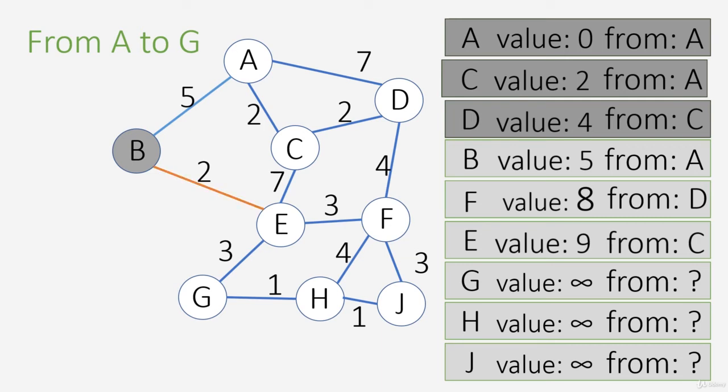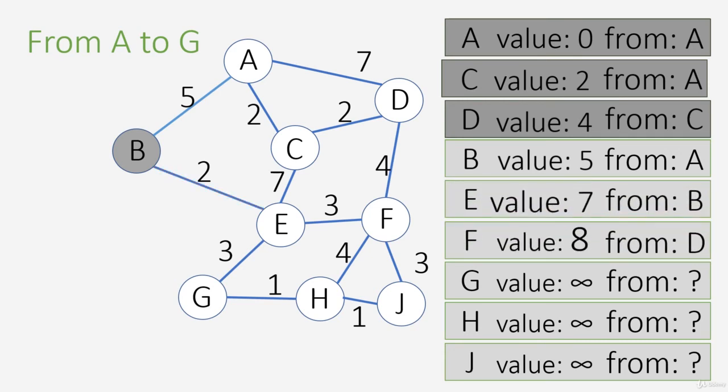B. I can get from B to E and it takes me only 2. So I add up value of B with 2 and get 7, and I can see that E has value of 9. So I change it to 7, and I also change the node from which I got here to B. Now I delete node B from priority queue and grab node E, and I can get from E to